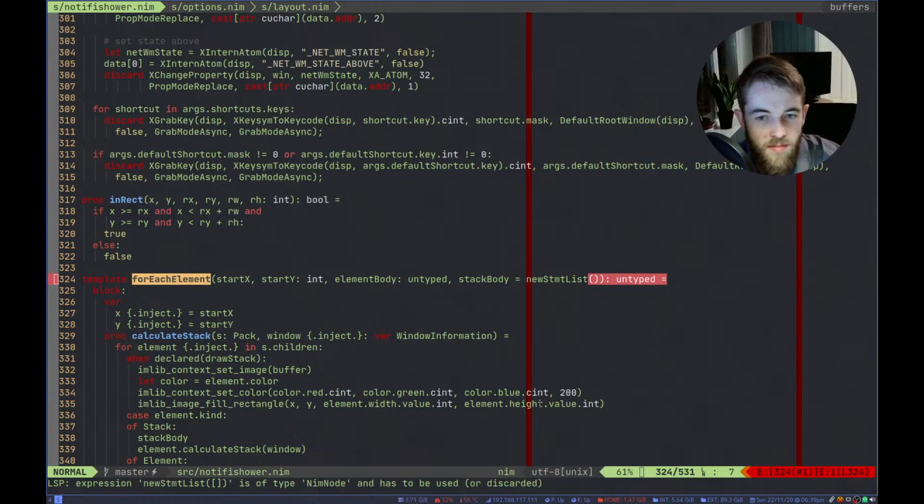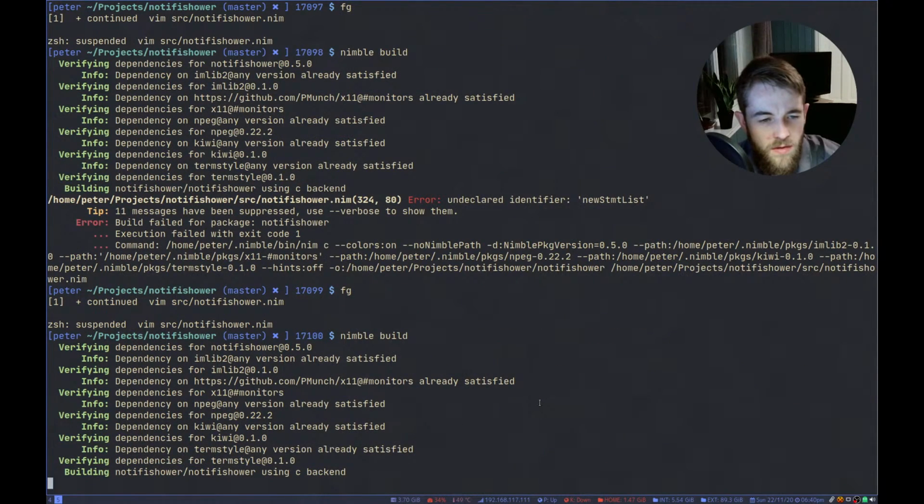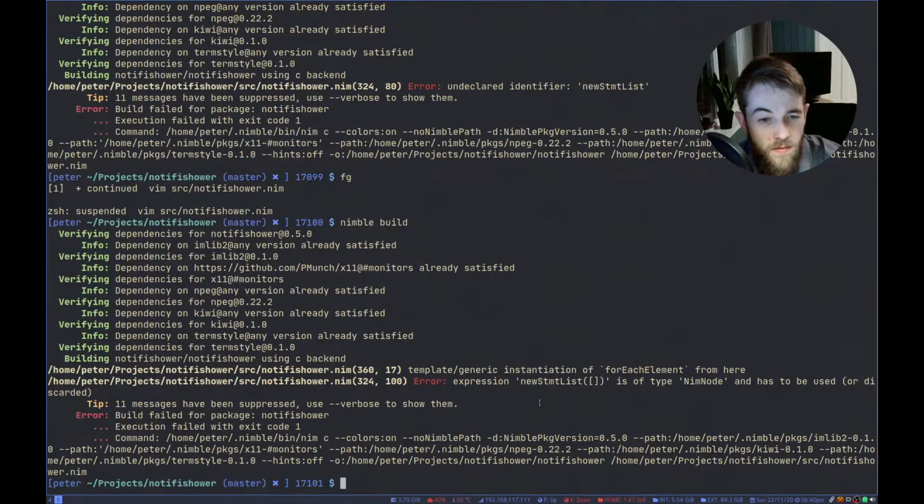It's of type NimNode. I am using it. I'm assigning it to this value. So type NimNode has to be used or discarded.